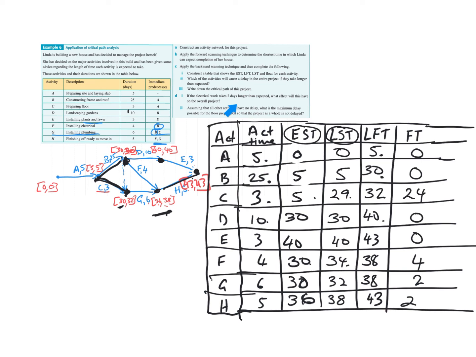A 2-day delay won't affect the finishing time at all. Assume that all other activities have no delay. What is the maximum delay possible for the floor preparation so the whole project is not delayed? Floor preparation is activity C. All right, that's 24 days, sorry. 24 days has a float time, so the answer for that one is 24. So quite a few steps, but if we go back and we just